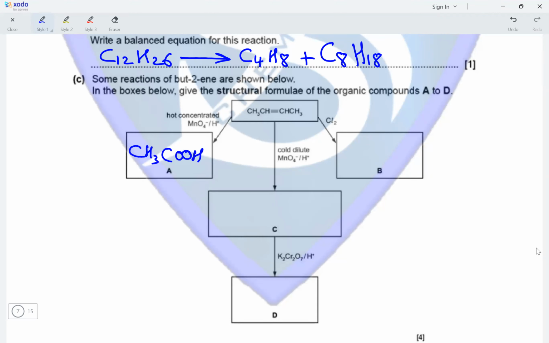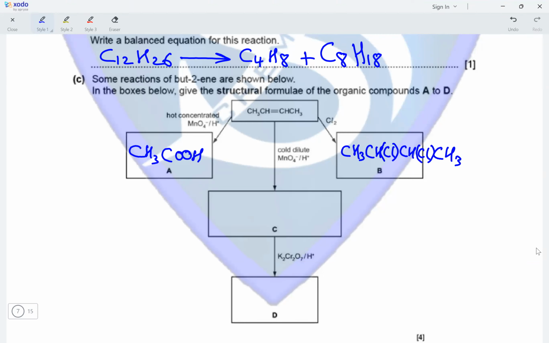When butene reacts with chlorine, electrophilic addition will take place and a chlorine atom will be added onto each of the carbon atoms having a double bond. So the product would be CH3, CHCl, CHCl, and then CH3. And we can place the Cl in a bracket if we want. So this is product B, which is a